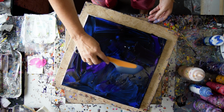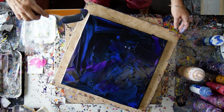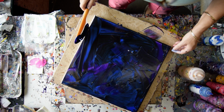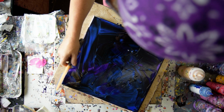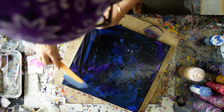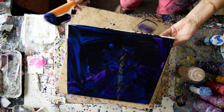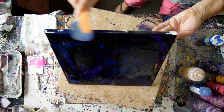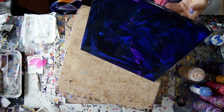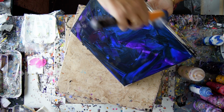I don't know if I'm going to get what I think I want, which would be to have something that looks critter-esque, but I think if I don't start playing with open cups to find out what I like, after all these things keep, just stick my spatula in those spots. I've got drips going down my side, which is actually kind of good because that just means I can run my spatula right along there, those edges, and begin to get the paint off my spatula